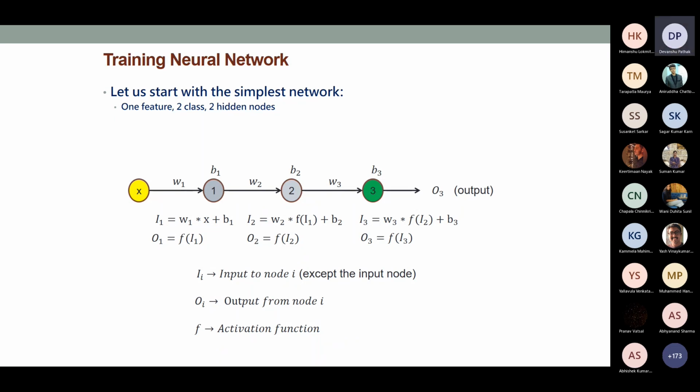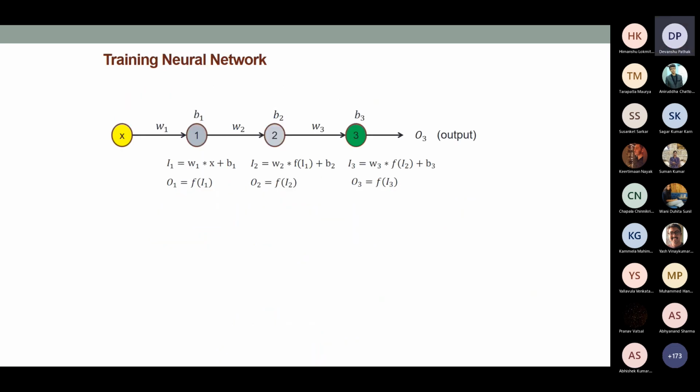Okay. So now I know that my network is this, and at every node I have some input, some output, and I know already how to compute input and output and so on and so forth. But I really need to know the W's and B's. Otherwise, I cannot compute the actual numeric values. Okay, I need to know that. All right. So what would be my next task?